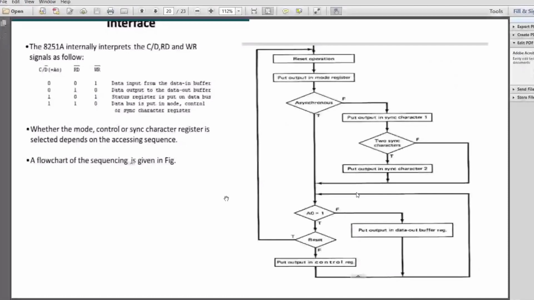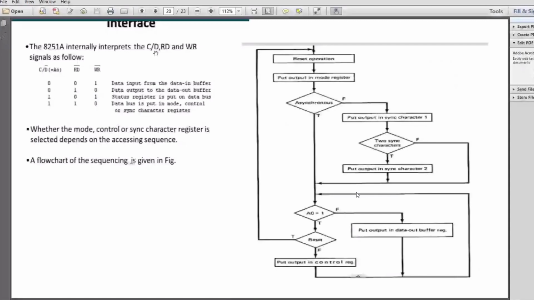Just go through it. This is about how we use the control word or a data word, reading and writing. If it is read, you can have only status read or data read. Command cannot be read. You can only write commands. So read may be data read or a status read.